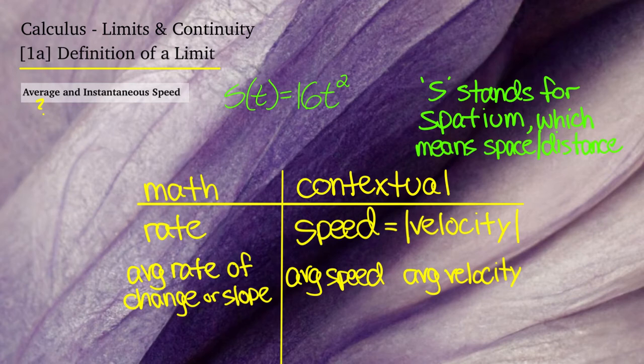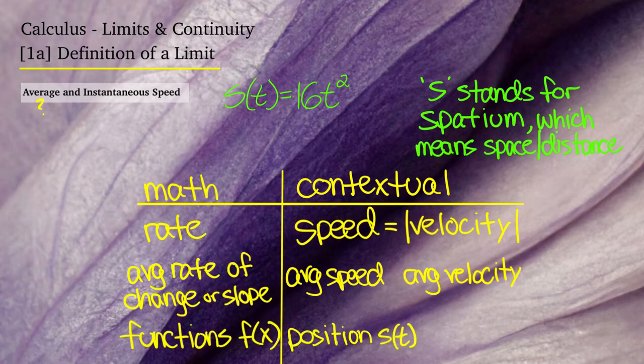And I want to be clear what I mean about contextual application. So here's what I mean. When we're talking about functions, the contextual application of functions are position functions or velocity functions, or any functions that take that mathy thing and put it in the real world. For the mathy concepts of slope or average rate of change, examples of contextual applications for those are average speed